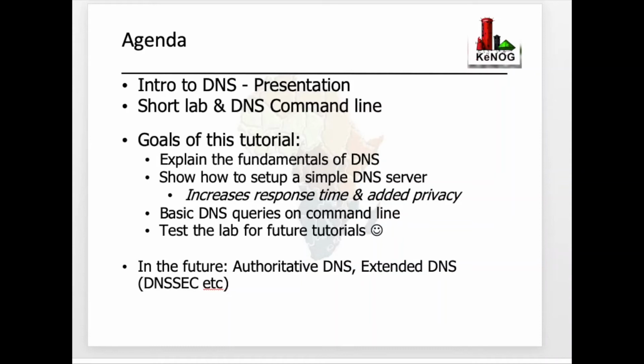My name is Kevin. I'll take you through this tutorial on DNS. The agenda is what you see there. We're going to do an introduction to DNS, which will be slides. Then we're going to do a short lab, and then we're going to do a bit of command line interrogation